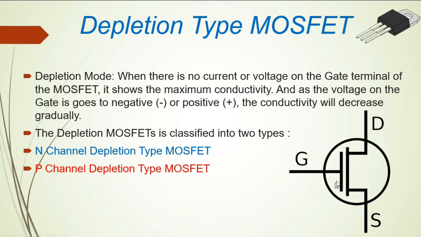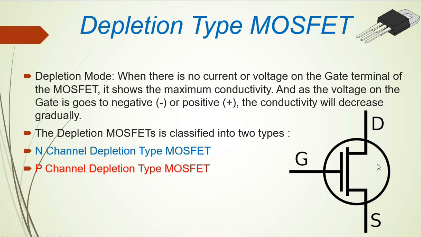When there is no current or voltage here, the MOSFET shows a maximum conductivity between these two terminals. So the electric current will flow from drain to source or from source to drain in accordance with the